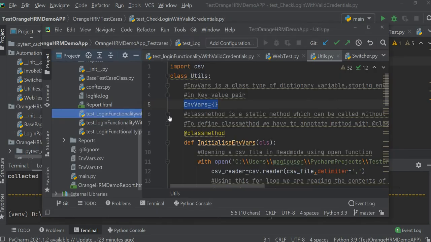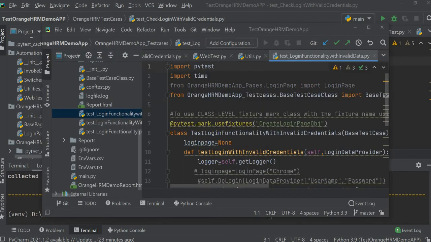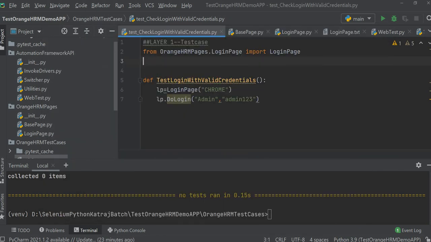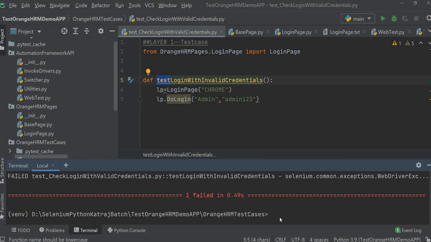Now the question is, this should be starting with test, because PyTest considers functions starting with the word test in small letters to be the test case functions, right? So we need to take care of it. So that's fine. We have got the error, that's fine.